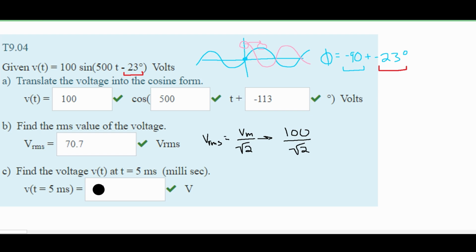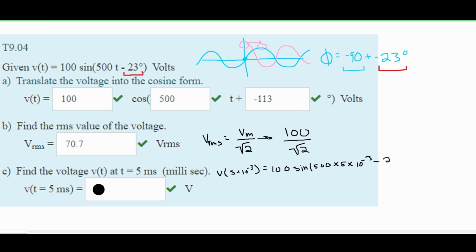Now we're asked to find the voltage V of t at t equal to 5 milliseconds. We can solve this either for cosine or for sine. I'm going to do both just so we check that everything works out correctly, and this is a good way to check things. First, I'm going to solve for sine. So our V of t, t being 5 times 10 to the negative 3, because a milli is 10 to the negative 3, is equal to 100 times the sine of 500 times the time, which is 5 times 10 to the negative 3, minus, and here we're solving in radians,